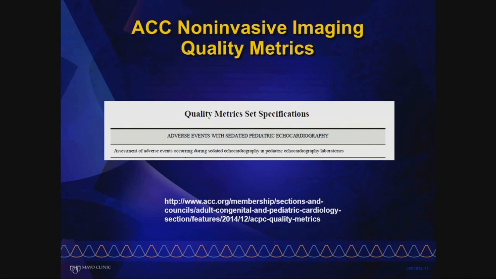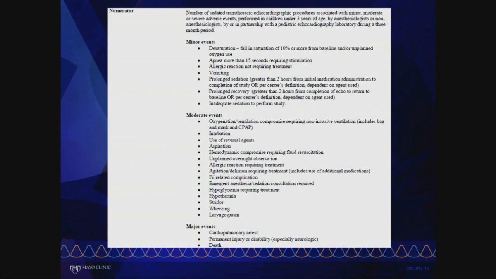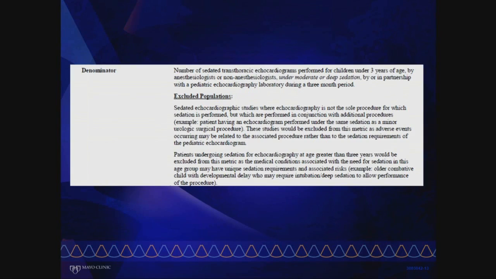This will be kind of small for you to see, but I don't expect you to read it. We're looking at ped sedation and adverse events. And the group spent quite a lot of time defining. And this is what the metric ended up looking like. So this is the numerator. And we are looking at what we consider minor sedation events, moderate events, and major events. And there were hours and hours and hours of work put into defining this. The same was true when we were looking at the population from which we were drawing the data. And it includes excluding populations, because you don't want to include everybody if it's not applicable to what you're looking